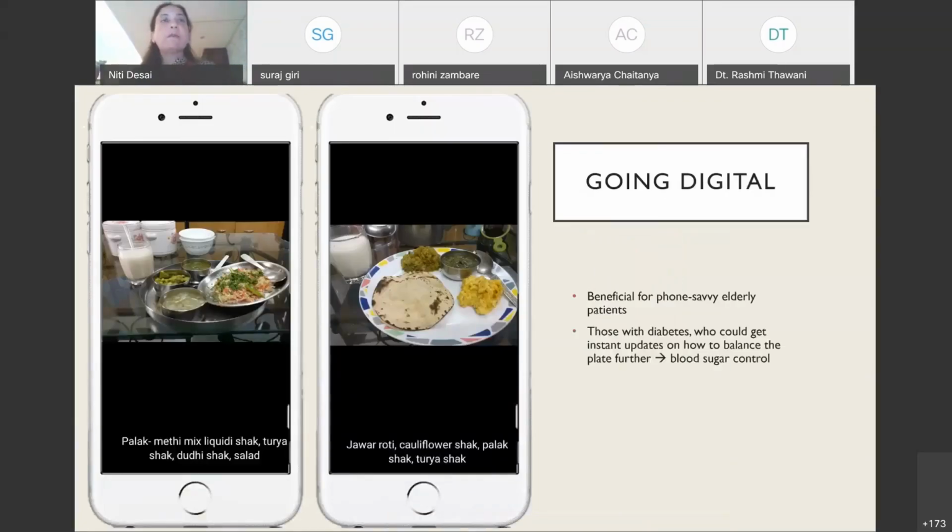This is actually one of my very old patients, she's 74 years old, and this is what she does. She just clicks pictures of every meal that she has and shows it to me every time she comes. And I think it's a great tool. It's much easier for her to record, and it's much easier for me to see. Of course, you can always say, what if she has served herself again? But that element of trust we will always have to keep in. So I think this also works very well.